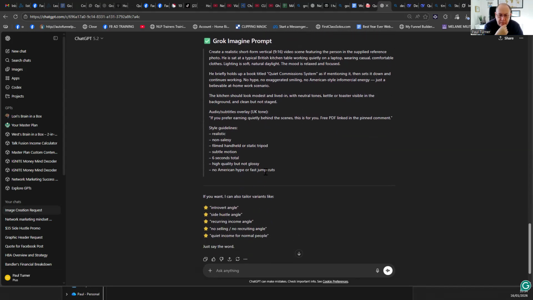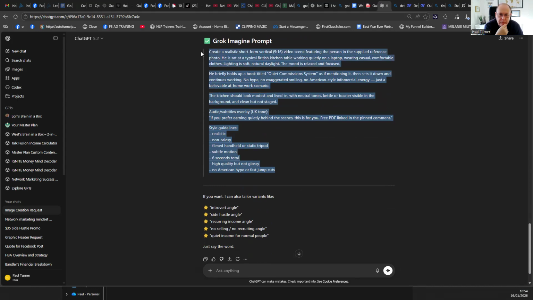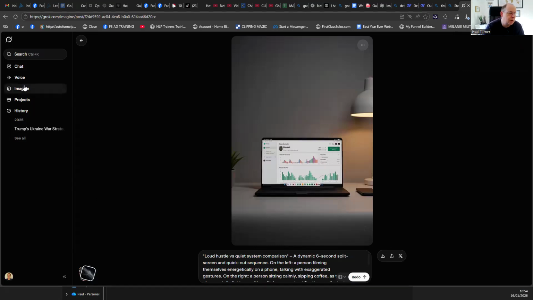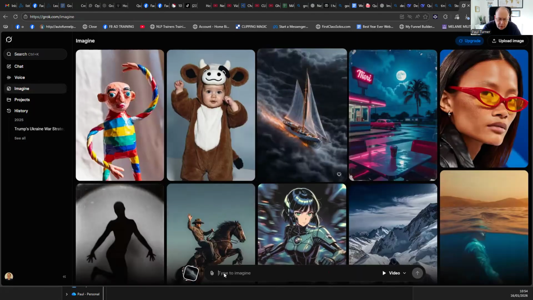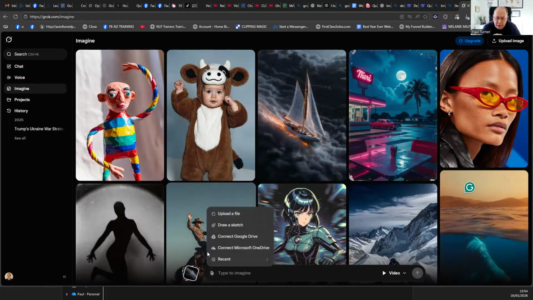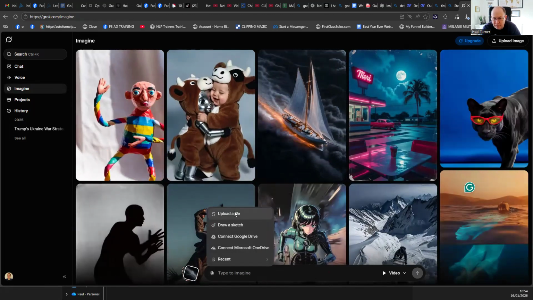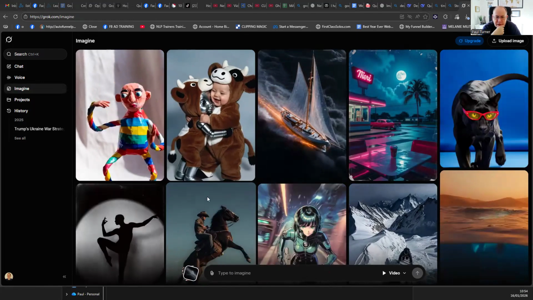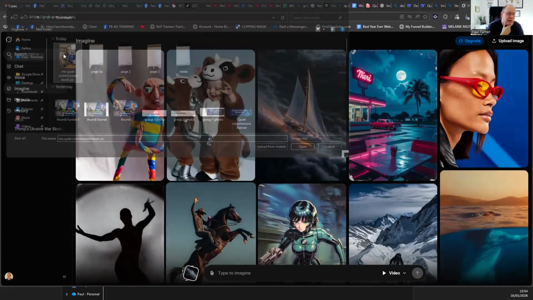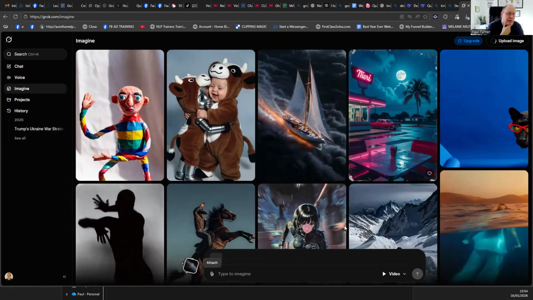Sounds good to me. So let's see how it comes out. So we copy that, we go back to Grok. Now this is what I normally do. Let's start again from a fresh prompt, right? So first of all, you upload your picture. Now what I find is even if I put the text in, every time I upload a picture, it's just going to go ahead and make a video anyway.